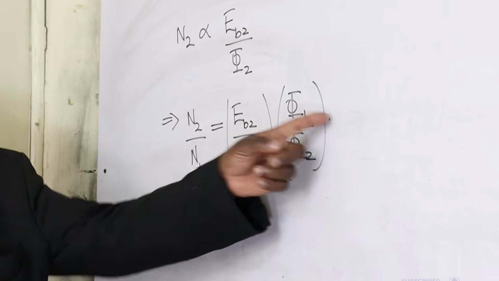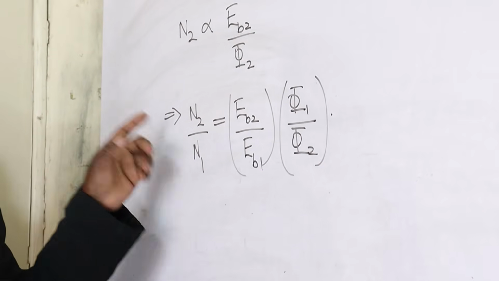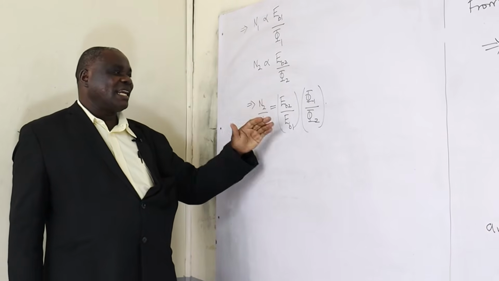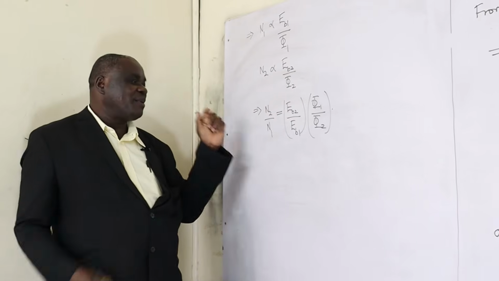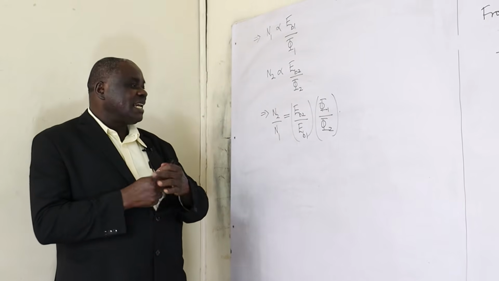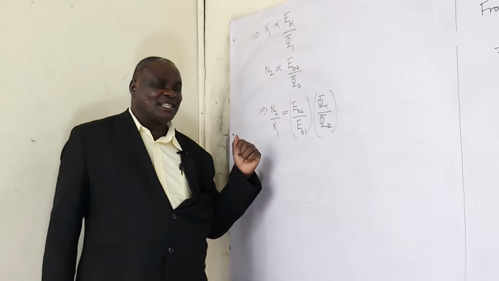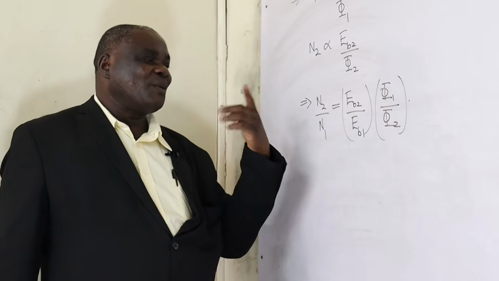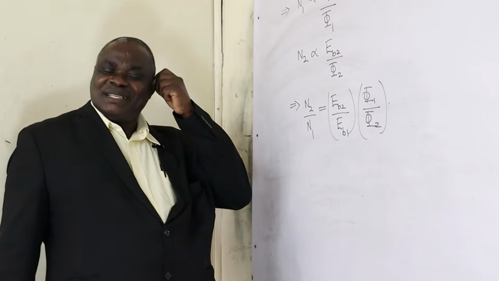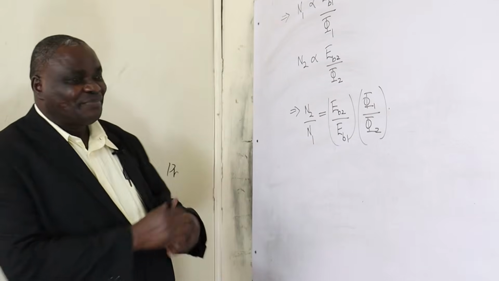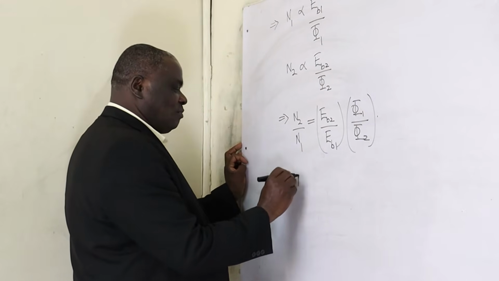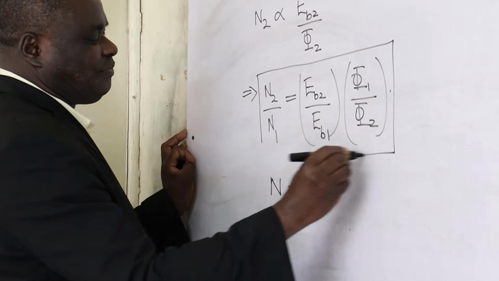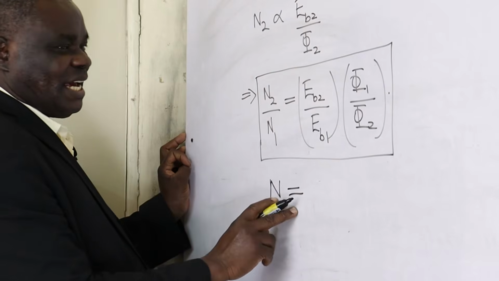So this is the equation that we are going to use when analyzing the speed of a DC motor. There are instances you would like to increase the speed. So you must know what will happen to the field flux, what will happen on the back EMF. So from the equation, N is equal to